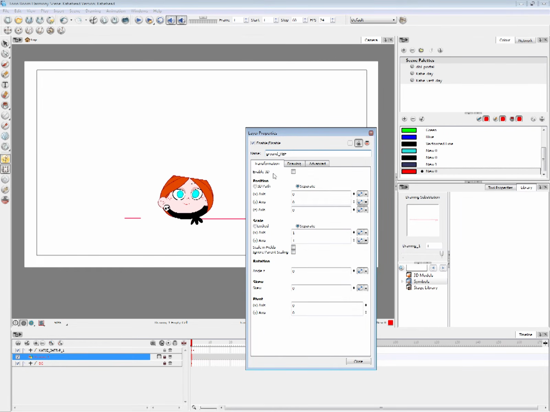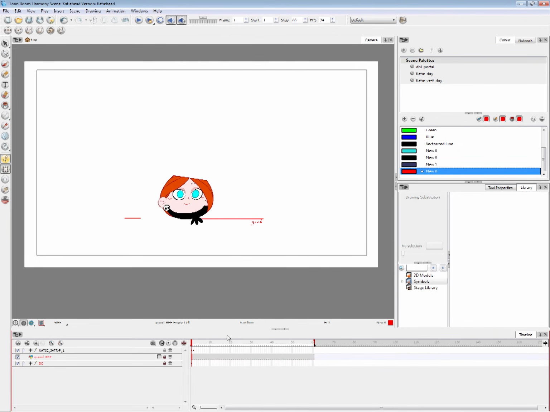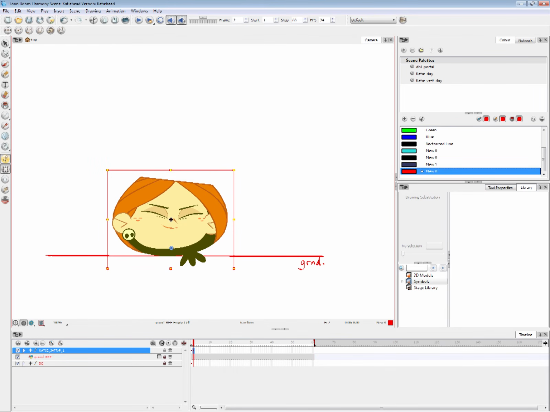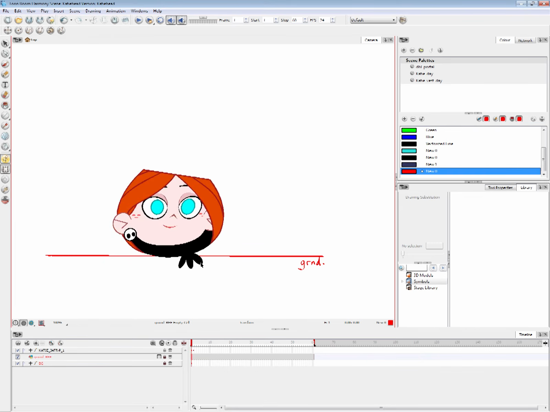Element names should not have spaces, and I don't think it will allow you, so underscore is the default I think it gives you once you hit space. So that's that. That's how you make a basic drawing layer. So when she's squishing down, it should be more like this.